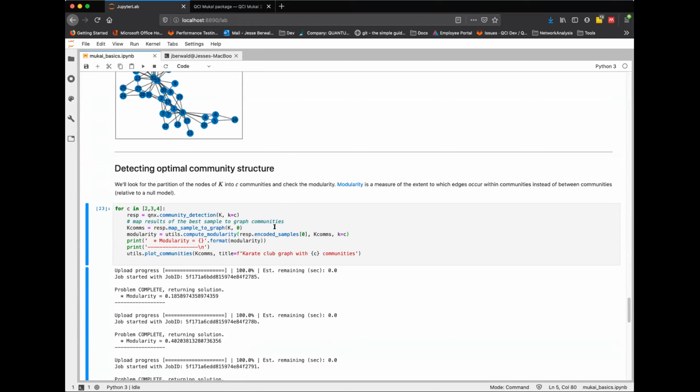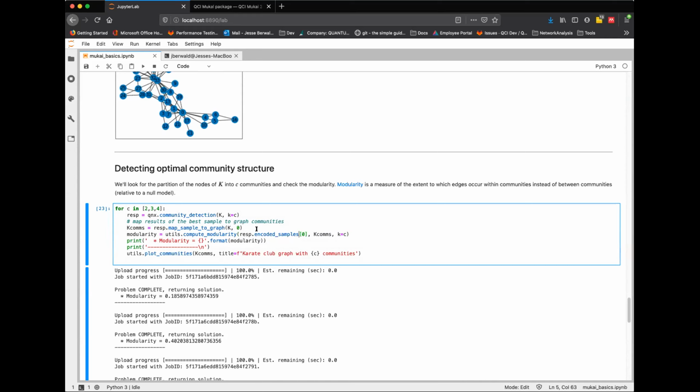Let me dive in for one second. There's a subtlety here: you may have noticed the encoded samples. Because we're looking for binary solutions, we have to give options for each of the nodes, encoding that node 0 can be assigned to community 0, community 1, community 2.